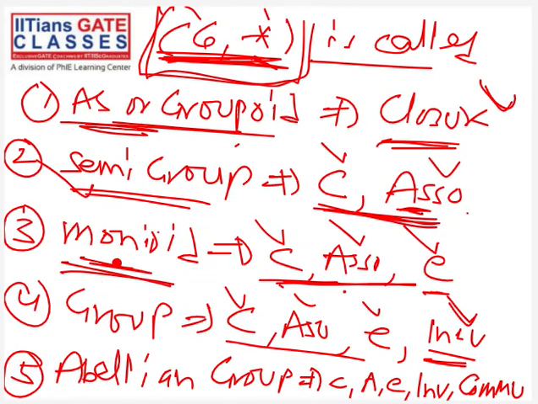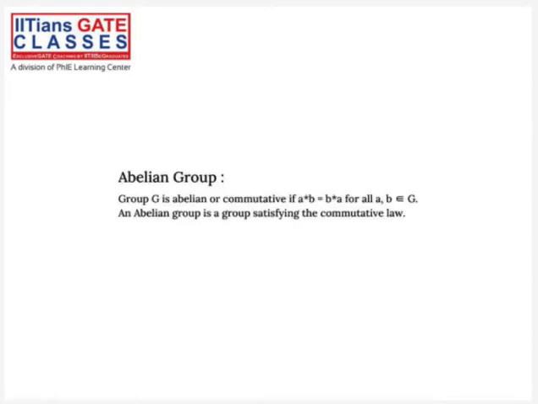If you already know that G comma star is a monoid, then to check whether this is a group or not, all you have to check is the inverse, because all these three properties you have already checked, and you already know they are satisfied because this is a monoid. So this property you need to check. A group is basically a monoid with an inverse element existing for all elements. Okay, so let's move on.